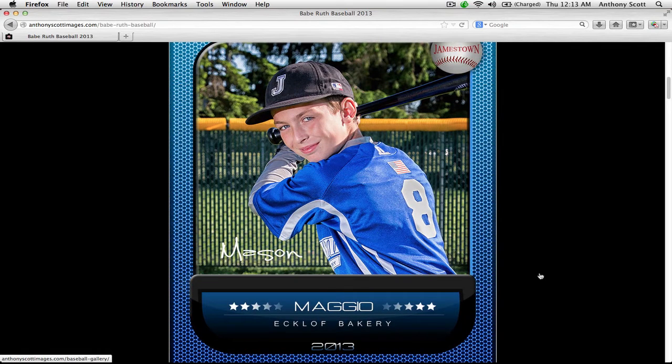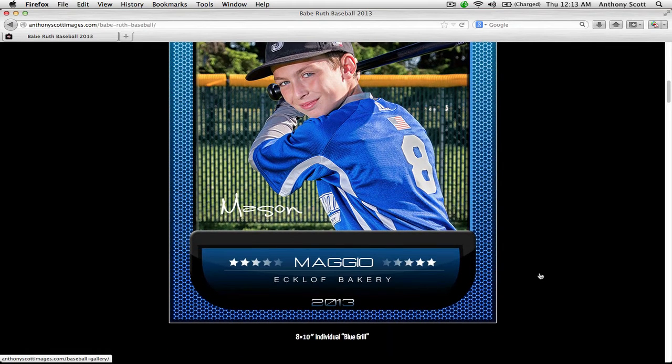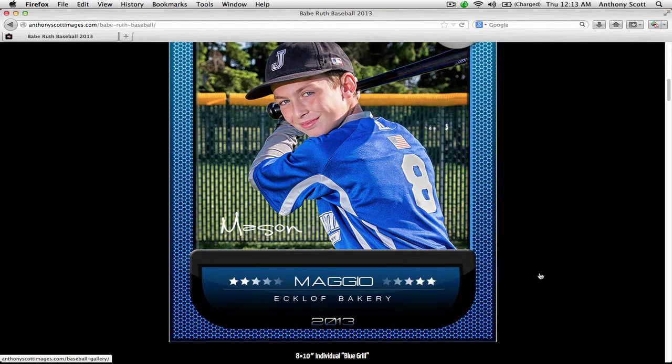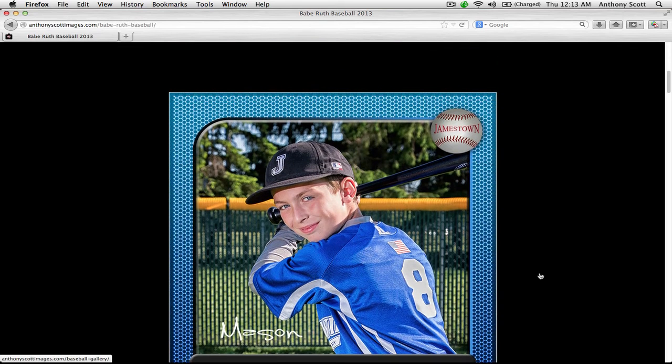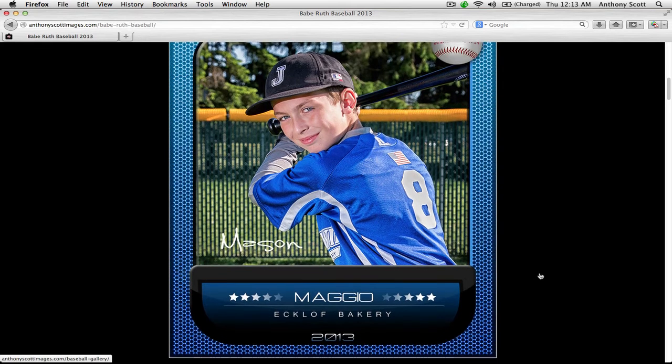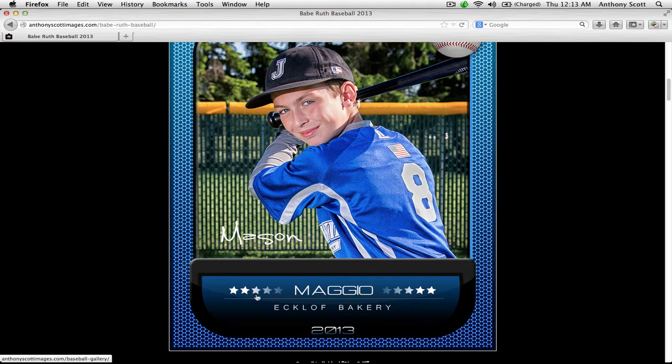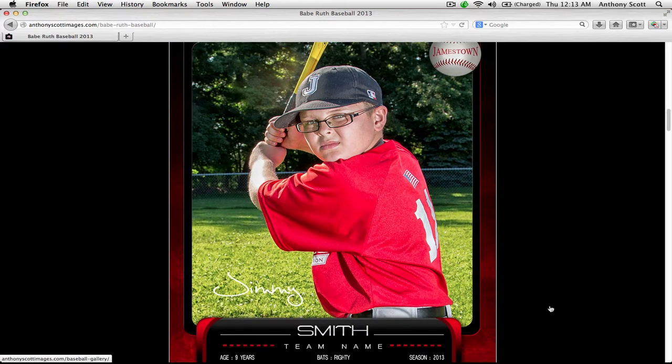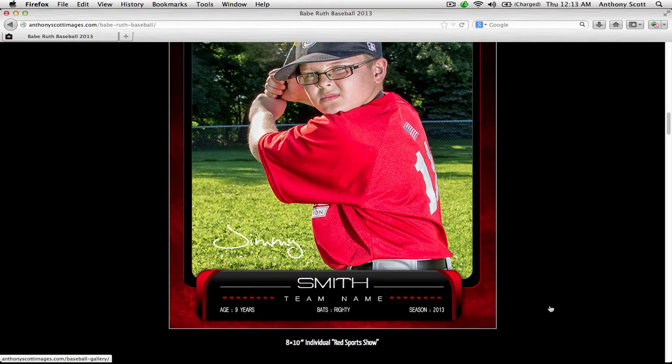This one is an 8x10 individual card. This design I call a blue grill. I really think that this is sharp. I like the way it looks, the way it has the reflections and stuff like that, and the way I faded out the stars. I think that's a nice look. This one is also an 8x10 individual